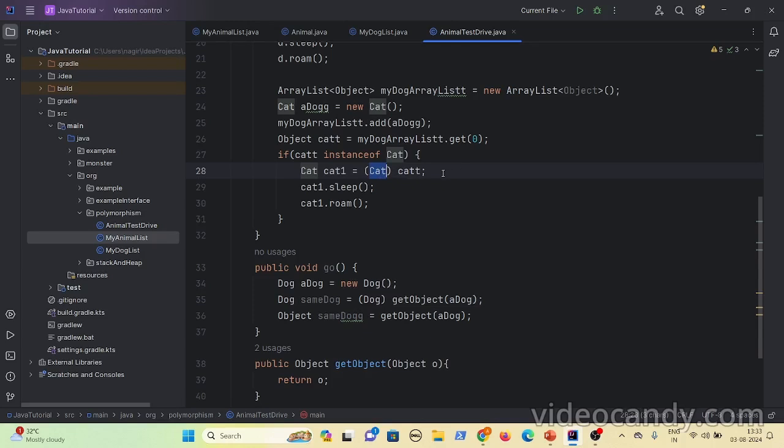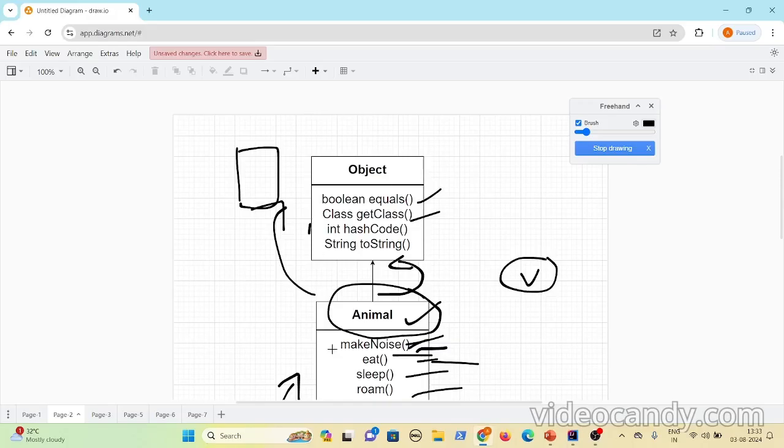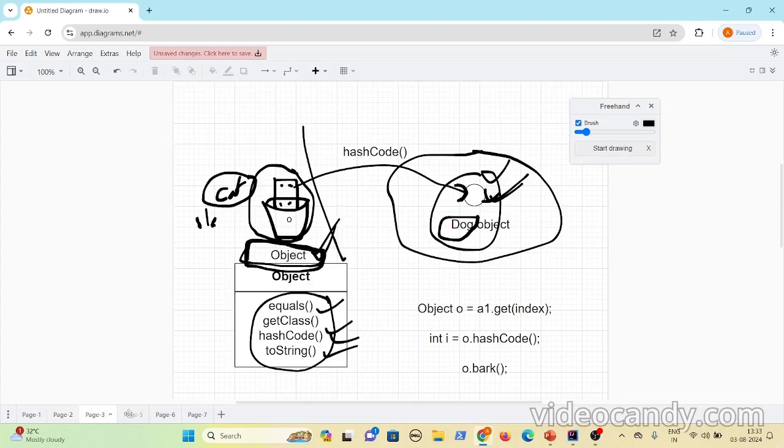If you are not 100% sure, then you can use the instanceof check in Java. Using this, you can do the typecasting. When you do the typecasting, you regain the capabilities of the specific subclass. Okay, let's see a few more examples here.